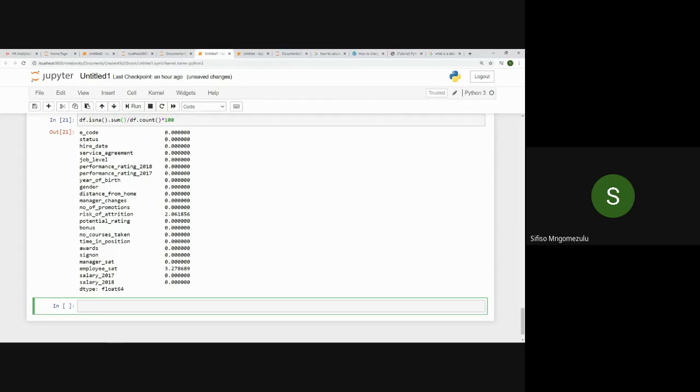If it's categorical data, you use the mode, just checking how many times something appears. Okay, so now I'm just going to take you through the imputation process